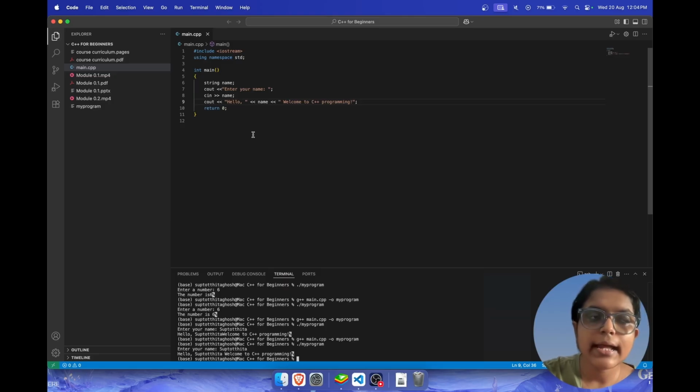So int n is an integer variable that way. Similarly, string name is a string of letters. You can think of it as a string of letters or characters. Suppose it was not a name but a roll number. Sometimes in your college you would have roll numbers which would include letters as well.